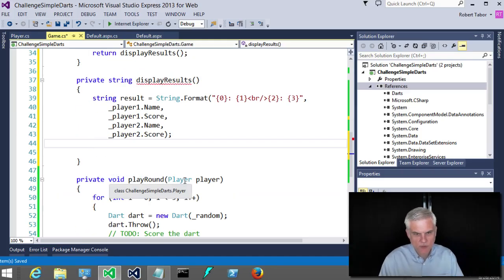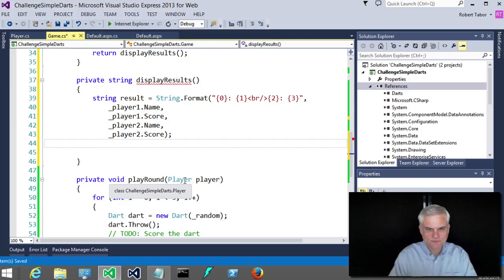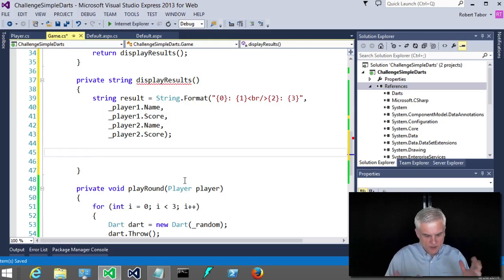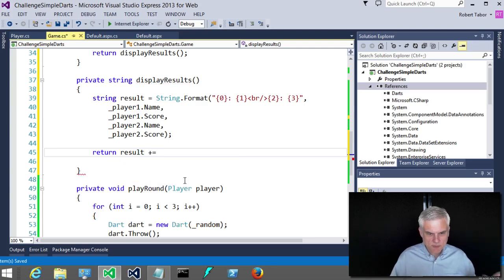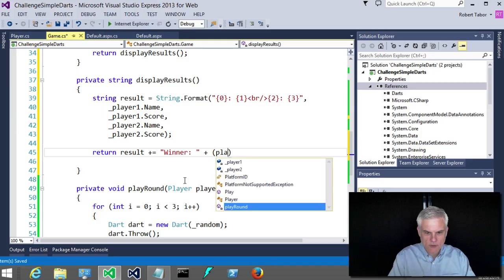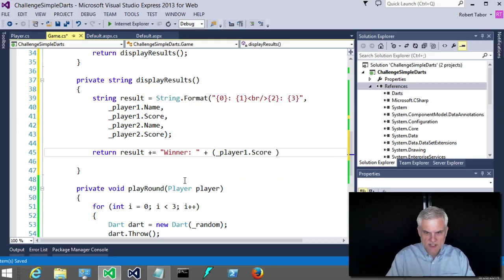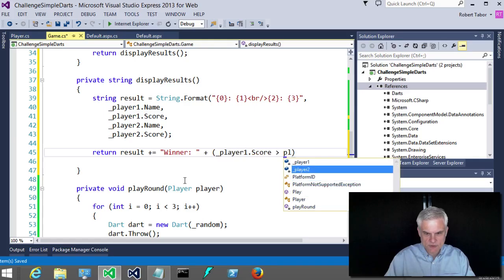And then we also want to display who the winner is. So I'm going to be kind of creative here. You could do this in 2 or 3 lines of code. I'm going to try and do it in 1 line of code. So we want to return the result, but we're going to take whatever the result is from the previous line of code, line number 39 and following, and we're going to tack onto that the word winner, and we're going to display in here who the winner is. Now, here's what we're going to do. We'll use that ternary operator. So I'll go player 1 score, if it's greater than player 2's score,